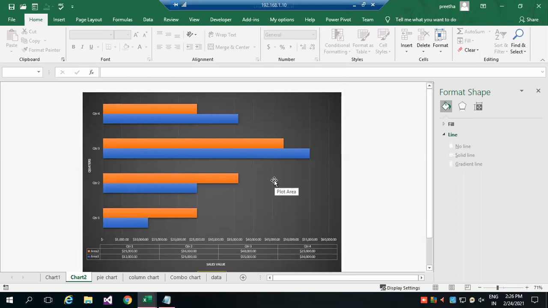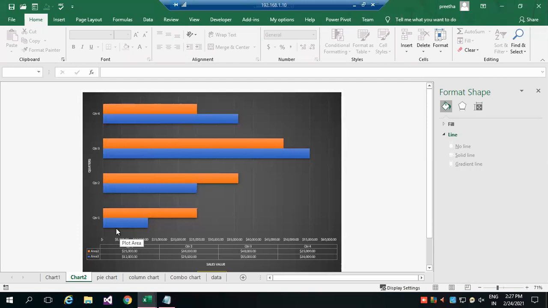So these are all the things that are possible with a chart. For sales comparison, market research, performance analysis, you can use a column chart. You can easily understand the highest: in quarter 3, area 1 is getting the highest sales. In the same way, quarter 3, area 2 is getting its highest sales, which is very less.